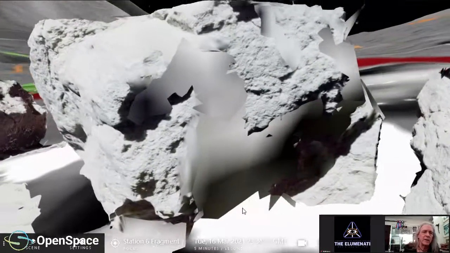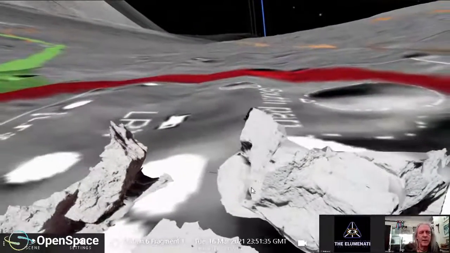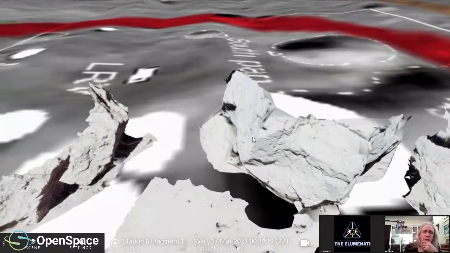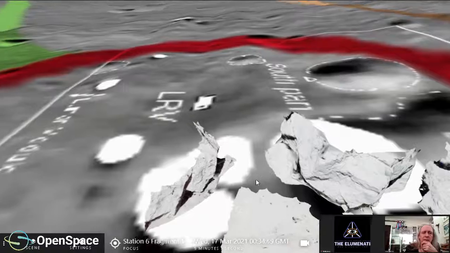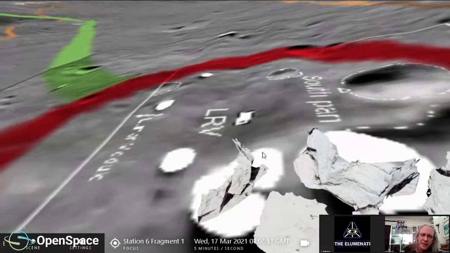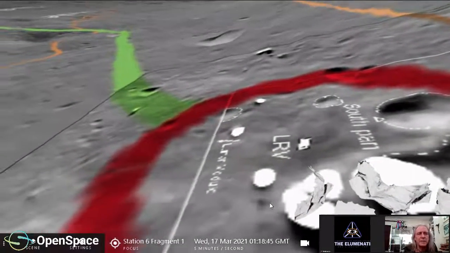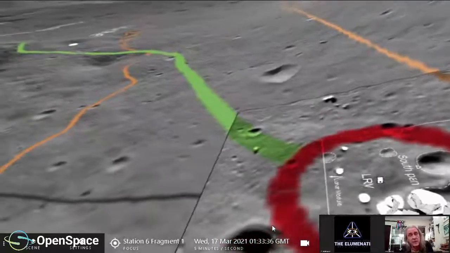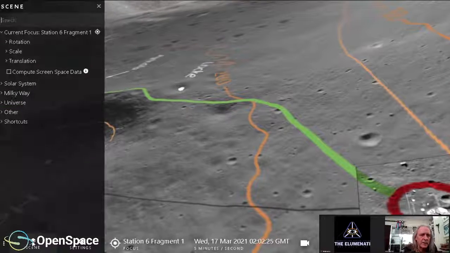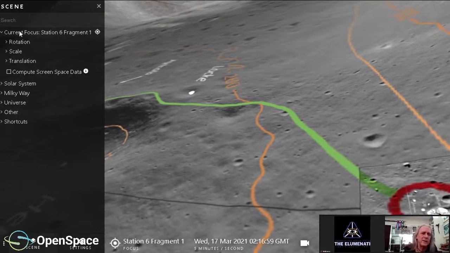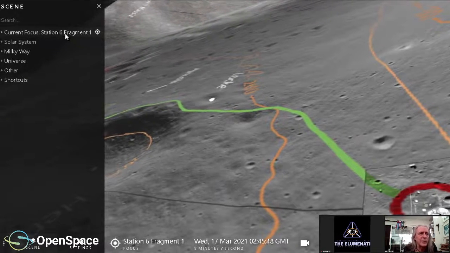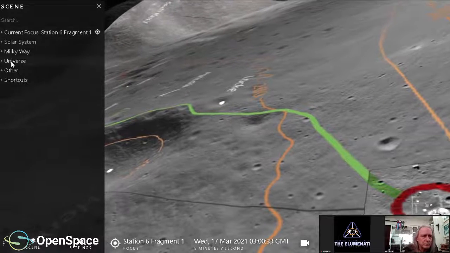And in this way, we can look at the boulders of Station 6. Of course, the photogrammetry solution has holes so that we don't see everything. Actually, I still want to position these a little better to get the arrangement just a little tighter. But nevertheless, a lot of this is work in progress. We have other boulders from other station sites. I have the lunar module, so if I just come down here, I'll show you just within, there's a lot in OpenSpace. If I actually just close down the details for Station 6 fragments that are available to us,